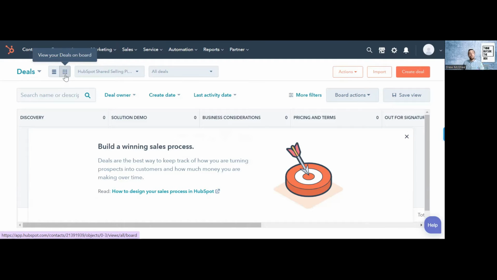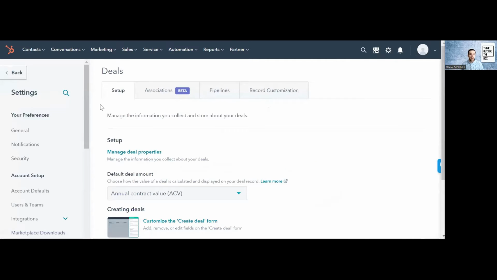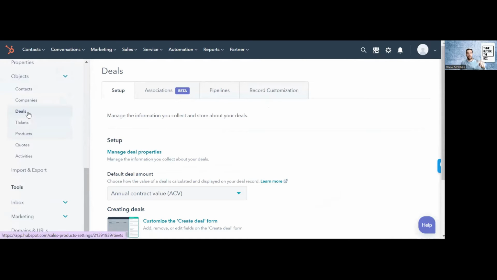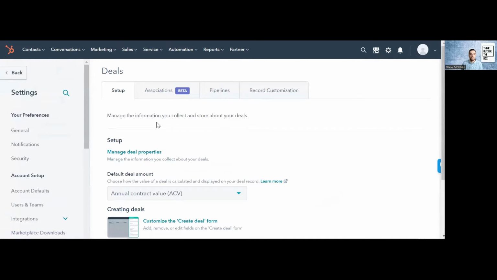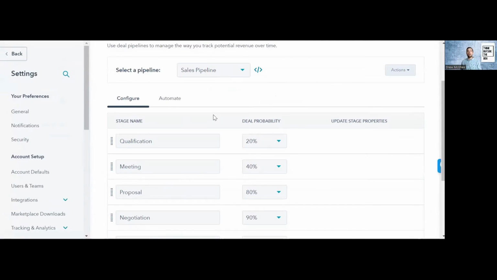But to add a new pipeline, right, we can go to our pipeline list here and go to edit pipelines, and that'll take us to our pipelines page. But I kind of want to show you the long way to get there. So if we go to our settings over here on the right, and go down here under data management and then click on deals, it's going to pop up your deals page. Then you click over to the pipelines tab, and this is where it's going to allow you to edit